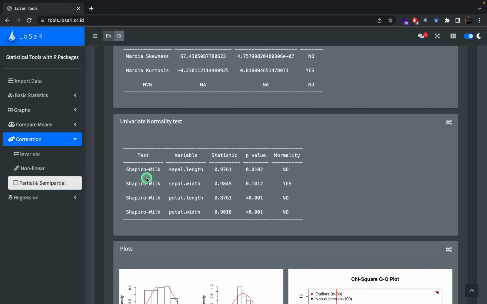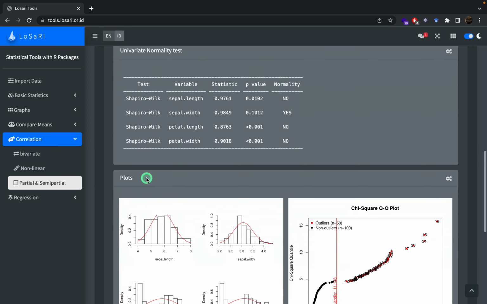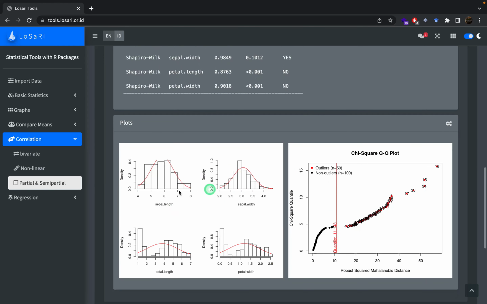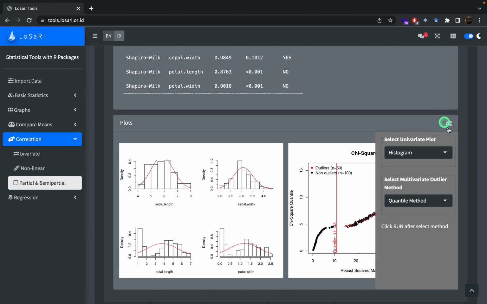Then, to choose the type of graph for each variable and the outlier detection method, it can be done by clicking the gear icon in the upper right corner of the Plots Assumption box. A sidebar box will appear. Please select the chart type or chart method to be used.